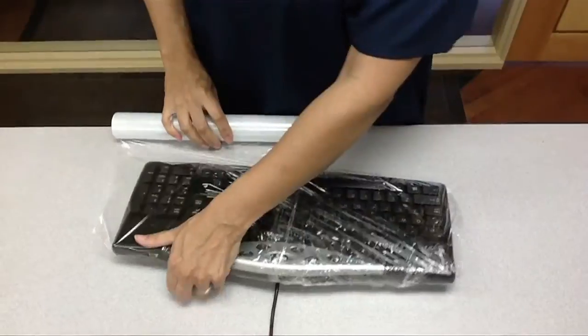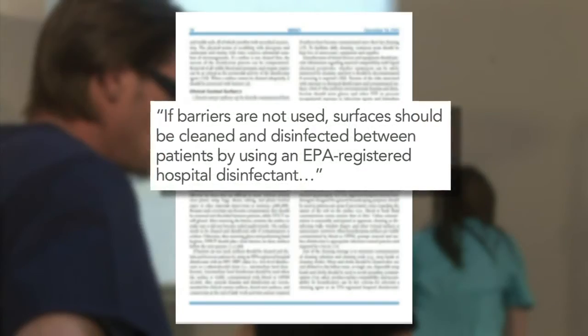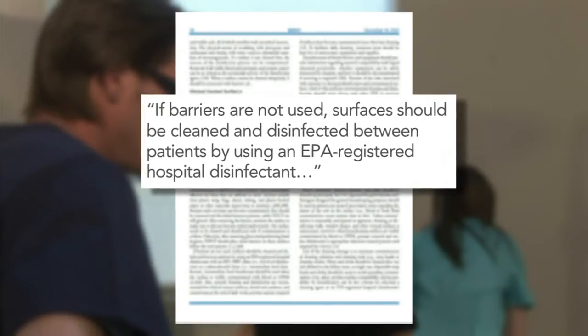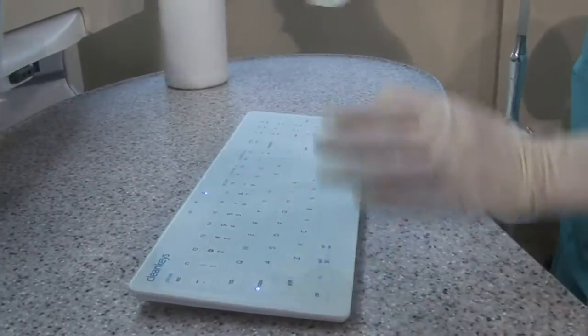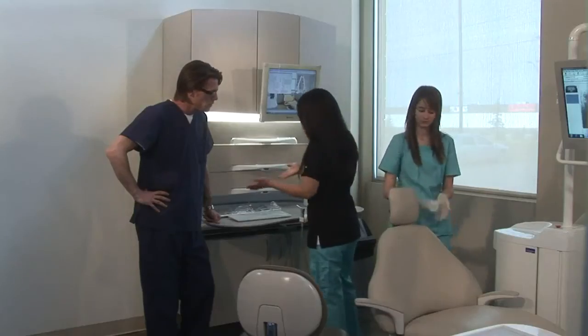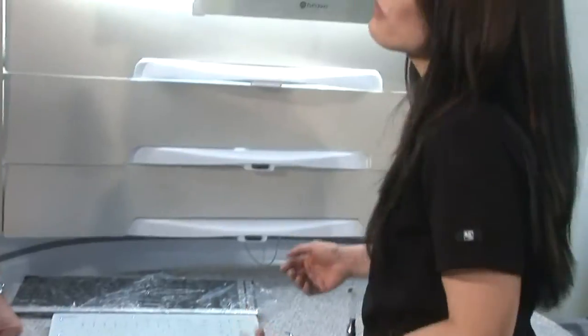The CDC recommendations continue to say, if barriers are not used, surfaces should be cleaned and disinfected between patients by using an EPA-registered hospital disinfectant. With Cleankeys, it is possible to comply with this CDC recommendation because it is wipeable without having to use a plastic barrier. Look, the speed of cleaning and how it looks, they're both great features, but what really convinced me